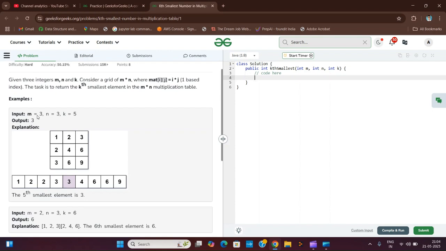How is this so? Suppose we have created a table which looks like this: 1 2 3, 2 4 6, 3 6 9. And suppose this is the m side, this is the n side. So a 3 into 3 matrix of numbers has been created. Now if we sort all the values, the result is this: 1 2 2 3 3 4 6 6 9. What's the value of k? 5. That is, we need to find the fifth smallest element in the m into n multiplication table, which is